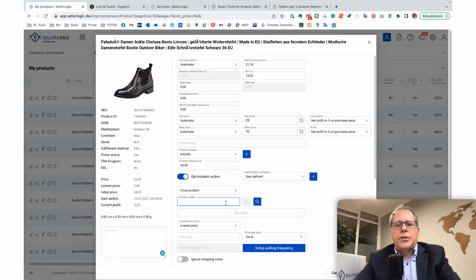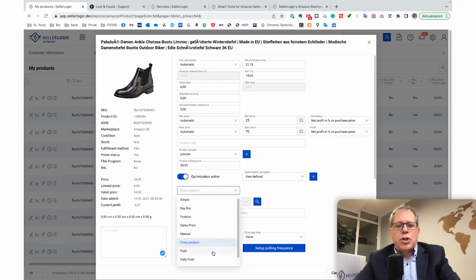Instead of trying to win the buy box, you will compare yourself in terms of min and max price to a list, maybe a list of 20 ASINs, to compare your product to and raise your visibility and sales. And push or daily push are additionally two really good strategies to improve sales on a more daily basis,